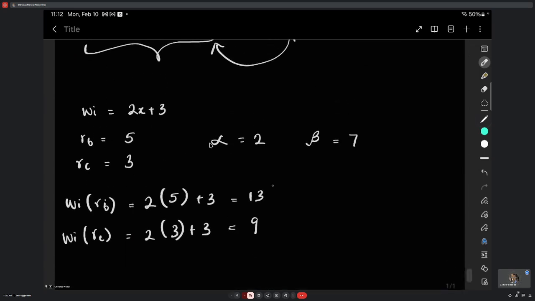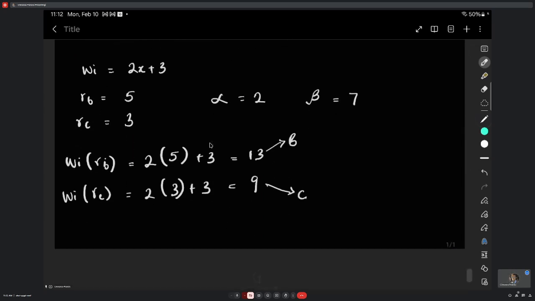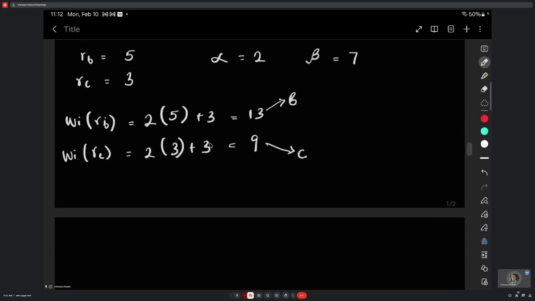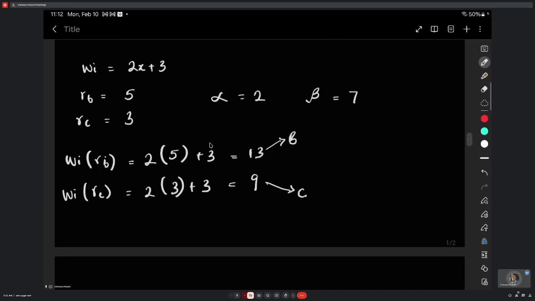So this is our B and this is our C. And what we are saying is that, say we still have this 2x plus 3,